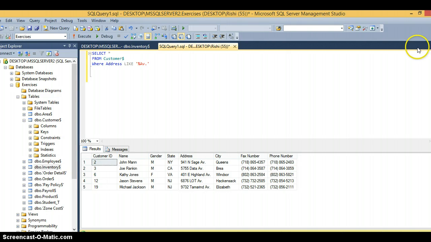So now we're going to go back into the customer $sign table because I want to show you guys the like command. Okay, so the like command is very, very cool. It's able to find patterns and organize your data in that way. It's used in a where clause to search for a specific pattern in a column. Today I'm going to be going over the wildcard, which is the percent